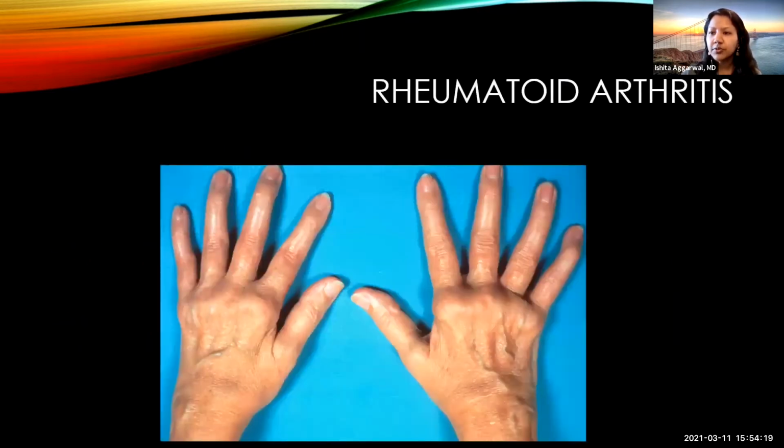So we will move on to talk a little bit about rheumatoid arthritis. So rheumatoid arthritis is characterized by an inflammatory polyarthritis, so involvement of multiple joints with swelling and tenderness, particularly in the hands and feet in a symmetric distribution. Most people feel joint stiffness for more than an hour in the morning, and that is part of the inflammatory